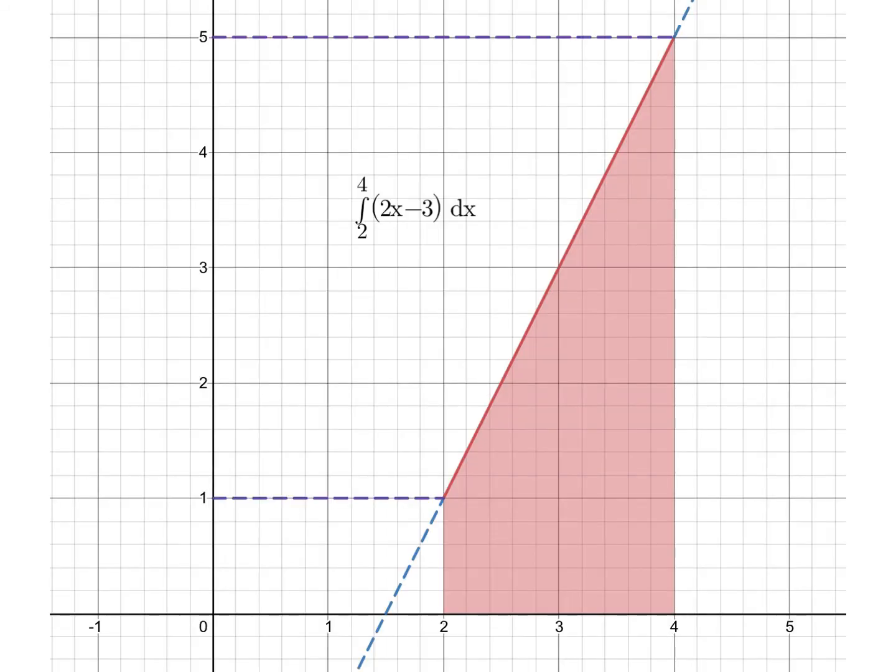The second one was 2x minus 3 between 2 and 4. So you can see a trapezium is formed, and the graph of 2x minus 3 would be a straight line. So the trapezium has a width of 2 from 2 to 4. The first parallel side has a height of 1. The second parallel side has a height of 5. So we can use